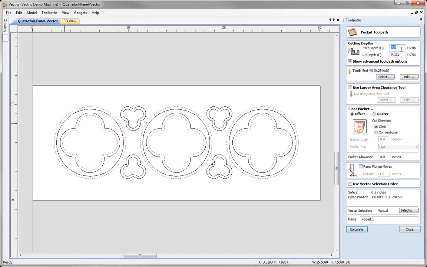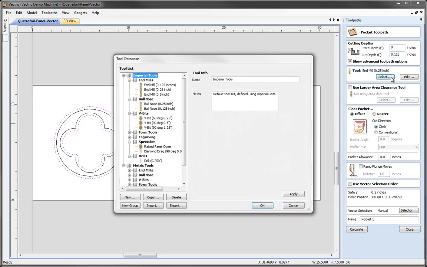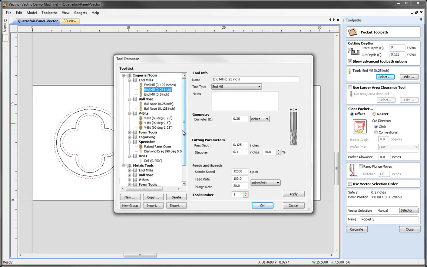Start depth is going to be the top of the block, or 0, and the cut depth for these is going to be 1/8 of an inch, or 0.125. So we're just making quite shallow pockets here. I'm going to click Select on the tool database now, come over, and we're going to select the 1/4 inch end mill. We can double check the values within here to make sure we're happy with them,